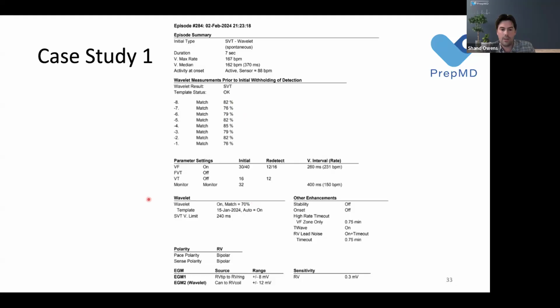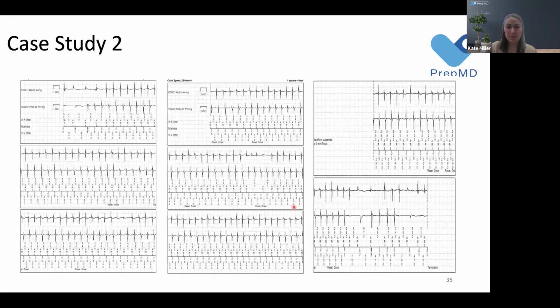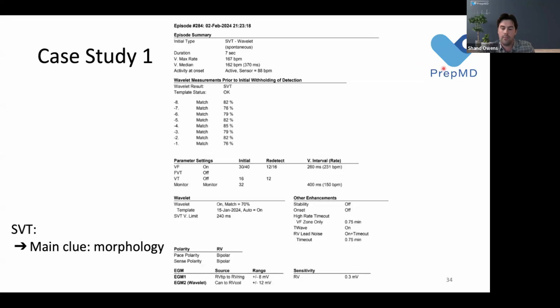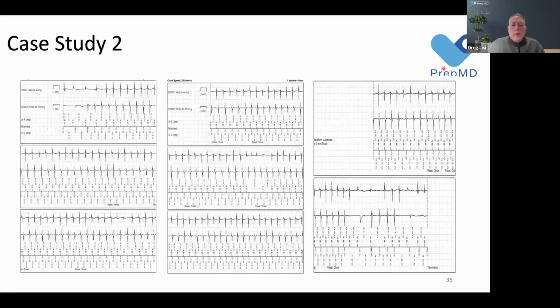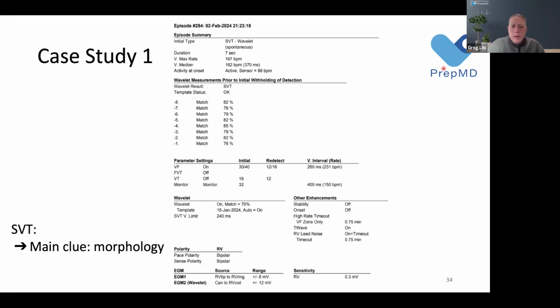I'm ready for the next one. Yeah, great. So the main takeaway here is use that presenting EGM and use the morphology to match with the arrhythmia in question. Shand, one comment on that, if you don't mind going back to that presenting,